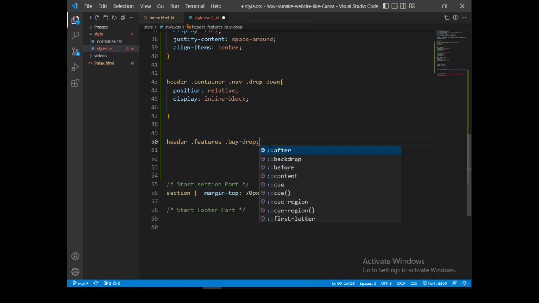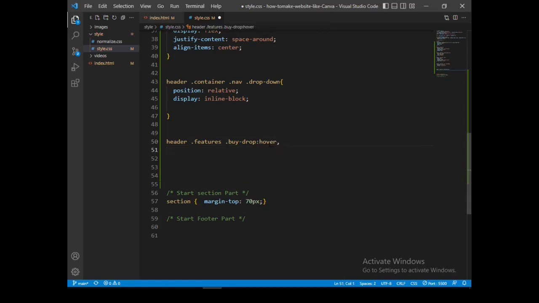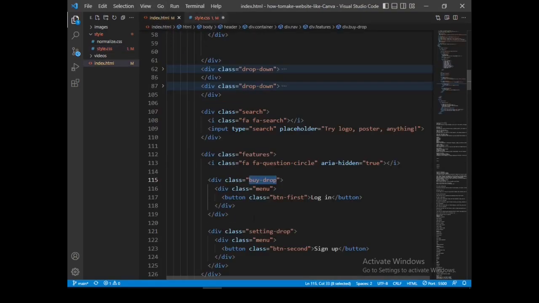On hover, let's have the header again. Let's have the features dot this one.